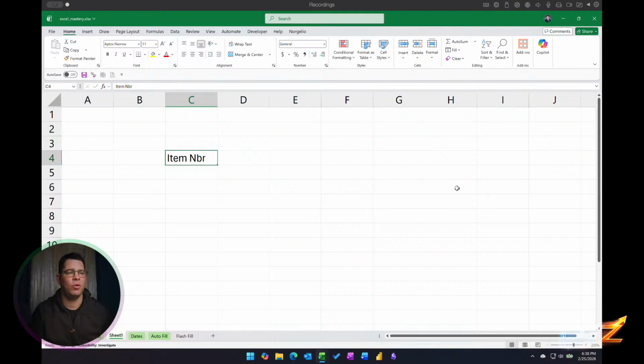I can hit Ctrl Enter and I will stay in the same cell. It helps you for visualization, for formulas, for testing. You can say, okay, item number is not another one, it's item description, and I don't necessarily have to go to